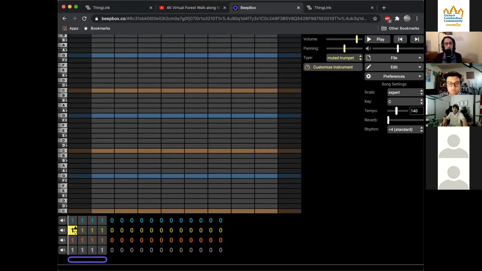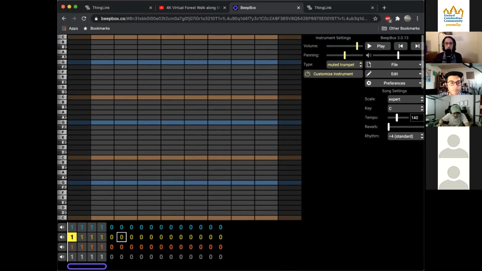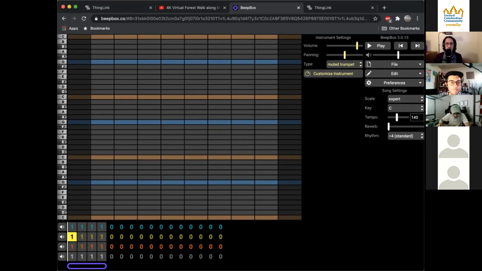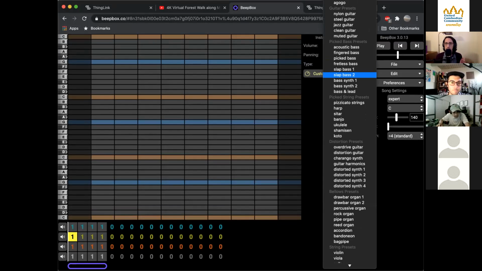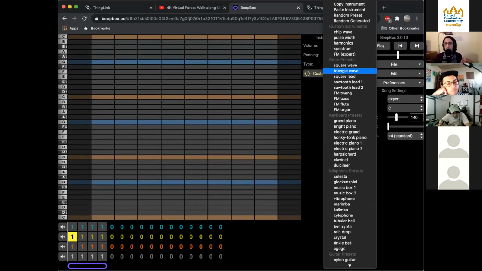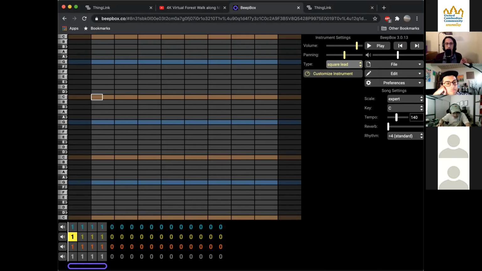So first, we're all together. The first thing we want to do is go to our yellow channel. Just keep it standard so everyone is working with the same thing. You don't have to stick to this pattern if you don't want to. But on the yellow channel, we're all going to go to instrument type and change it to all the way to the top, I believe. Yeah, and it's going to be square. I always get this one wrong. Square lead. Yes, square lead.